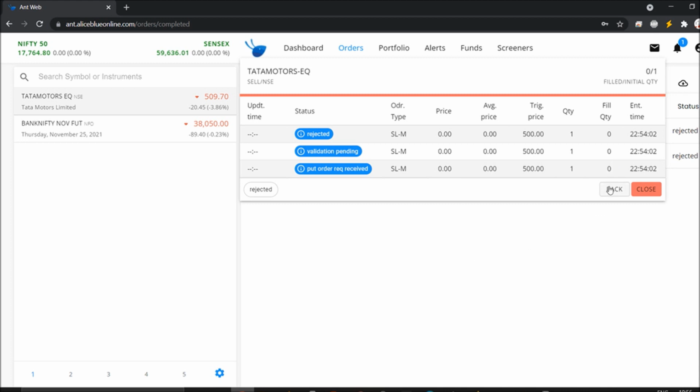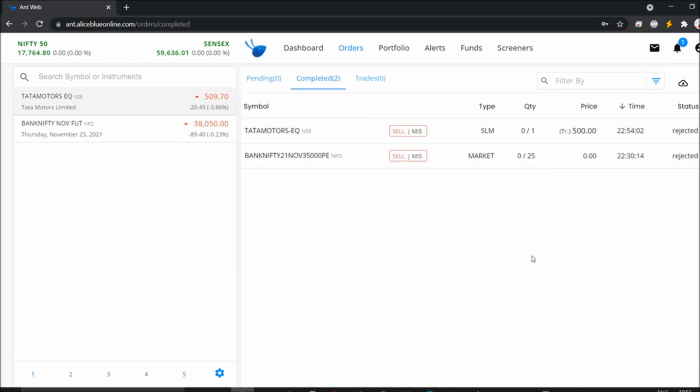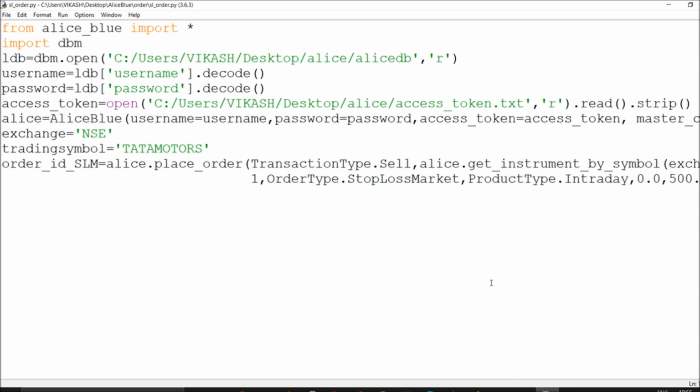Suppose the market order is blocked. All you have to do is give the price as well. You can give the same price, whichever you want. There is already a window which you can check in the front end itself. You can give the price and trigger price. If you are checking with some LTP, you can calculate dynamically and place the price and trigger price the same, it doesn't matter. It will take that.